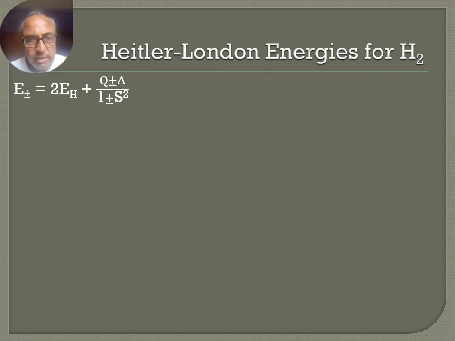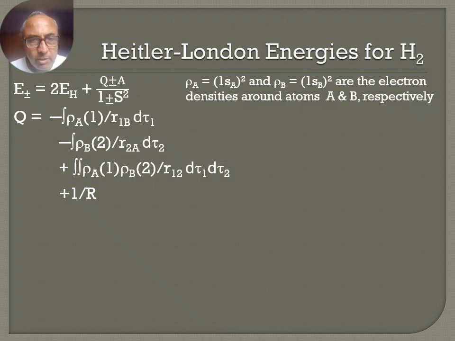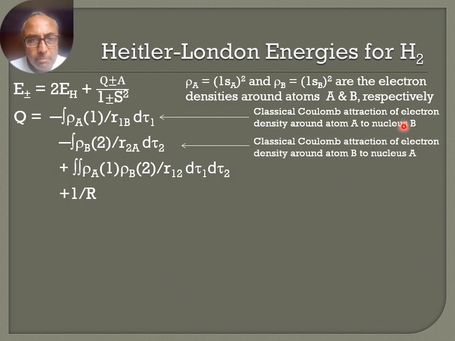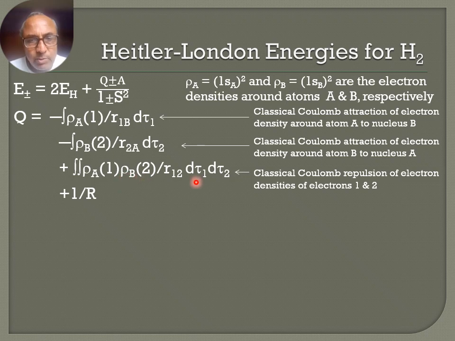The expression we obtained for the energy was E plus minus equals 2EH plus minus Q plus minus A by 1 plus minus S squared, where Q is equal to minus the integral rho A1 by R1b d theta 1, the classical Coulomb attraction of the electron density around atom A to nucleus B, minus the integral rho B2 by R2a, the classical Coulomb attraction of the electron density around atom B to nucleus A, plus